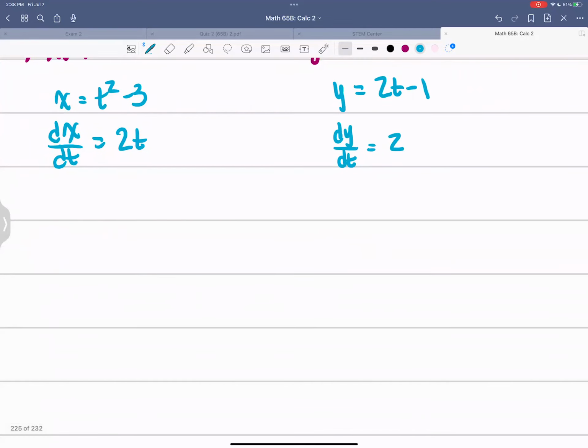And now from here, in order to find dy/dx, we have dy/dt over dx/dt,